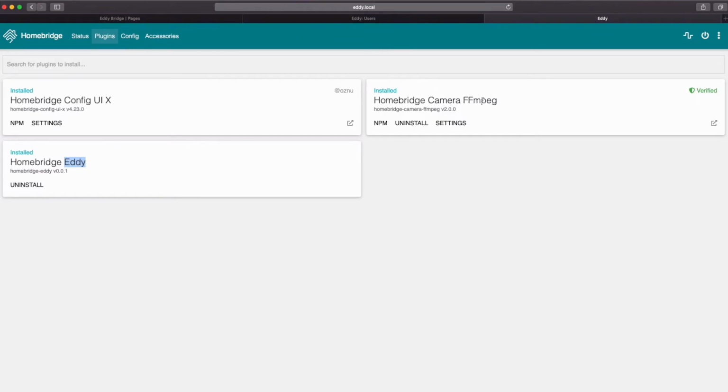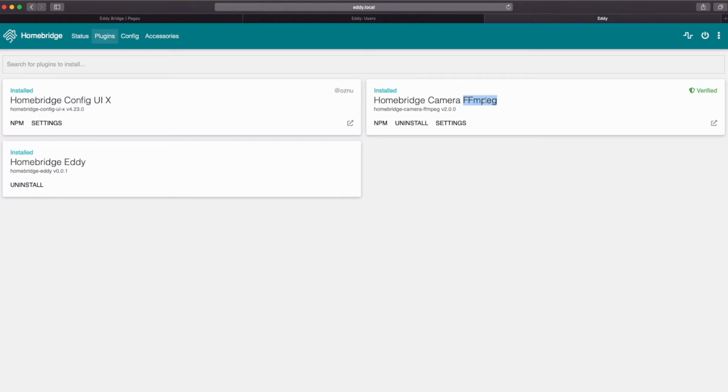Before that, let me show you I installed FFmpeg, and one thing about FFmpeg is that FFmpeg is installed by default, but there is no AAC and there's no OMX encoding. Why isn't there encoding? Because those require licensing, and that's why Eddy Bridge ships with no AAC and no OMX encoding. But you can install a binary, and I'll make another video on that, of how to install that binary via